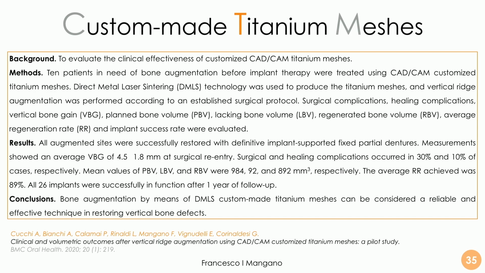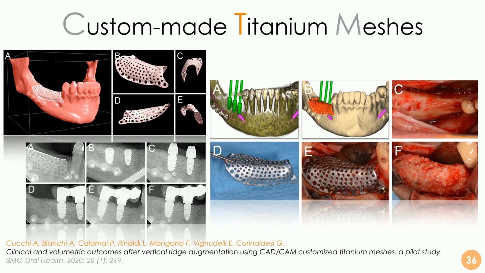As we can see, with a very good level of vertical augmentation, stable bone, new bone, very few complications during the surgery and during healing, and an excellent clinical result after all, with patients very satisfied. The solution is provided by the same company as before, BTK, and everything comes from cone beam computed tomography, and then there's a segmentation of bone, and then there is a design of the mesh that needs to contain the bone regeneration particles. They can be different kinds of particles, synthetic or bovine. In this case,